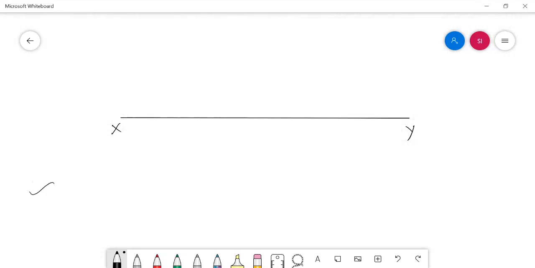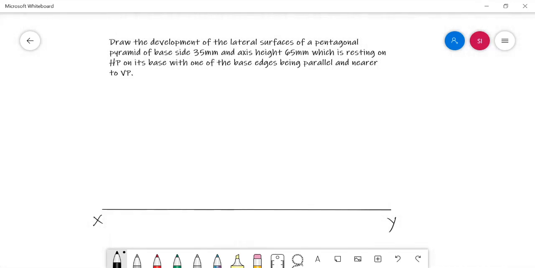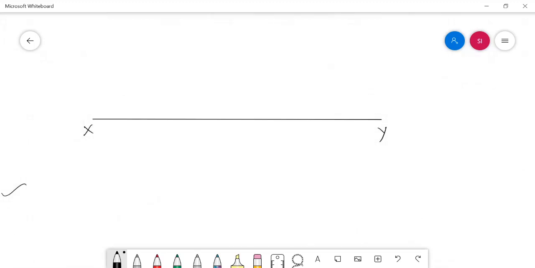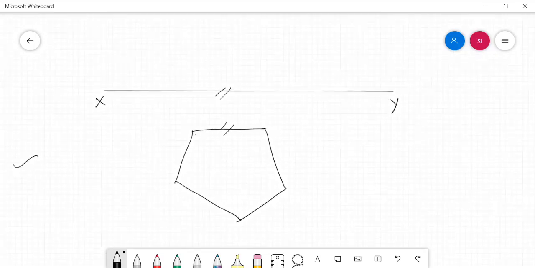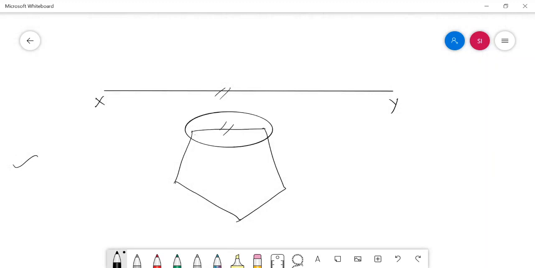And in the meantime, how should the base be? Here we need to maintain one of its base edges being parallel and nearer to VP. Two conditions are there. You need to maintain one base edge parallel to XY in the top view, and we can complete the rest of the sides. And the edge which is parallel to VP should be nearer to VP also.